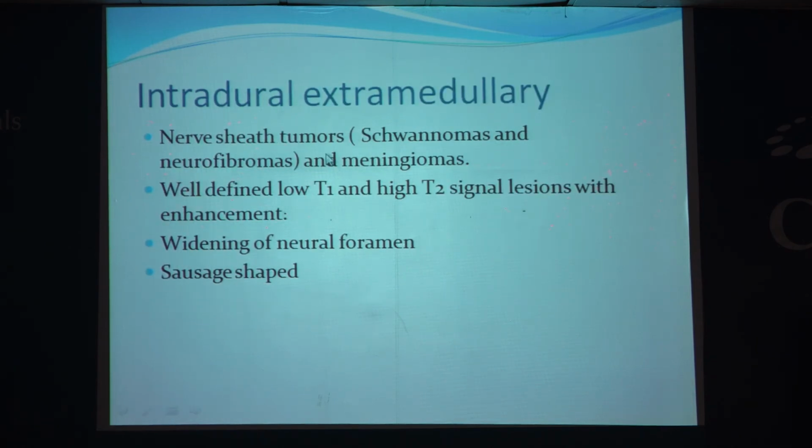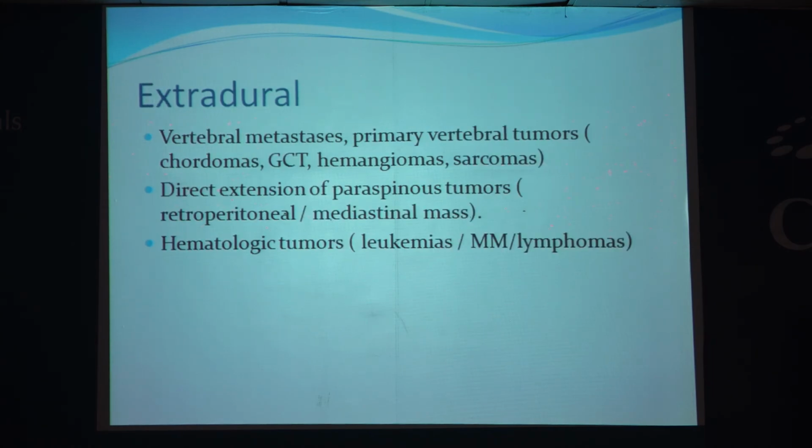Intradural extramedullary lesions are nerve sheath tumors and meningiomas. So these are again well defined low T1 high T2 signal lesions. They are usually well defined and they cause widening of the neural foramen. And extradural lesions are most common cause of myelopathy next to trauma, in which most common will be the vertebral